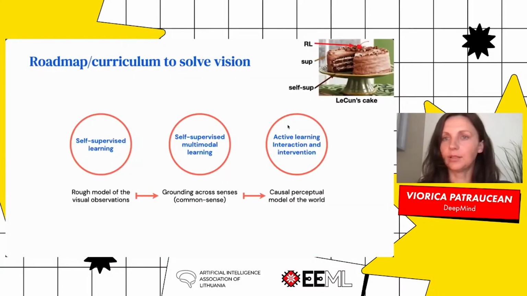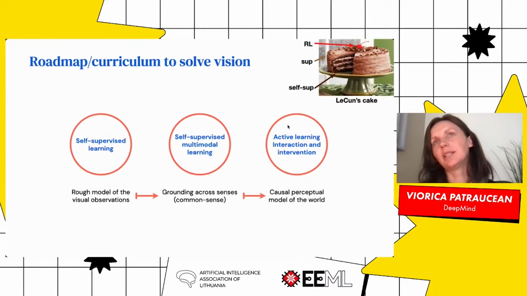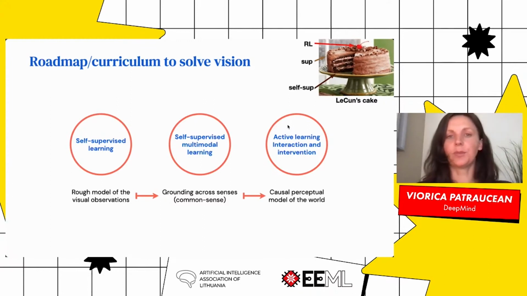So I would end with my vision on how to solve vision. Maybe some of you are familiar with LeCun's cake that I'm showing here on the right at the top. Basically, he's saying that the most important part in learning relies on self-supervised learning, because this kind of task can bring the most information in the learning process. And then the icing on the cake is the supervised learning, and the cherry on top is the RL. So he's making these distinctions based on how much information you can get when you train your system.